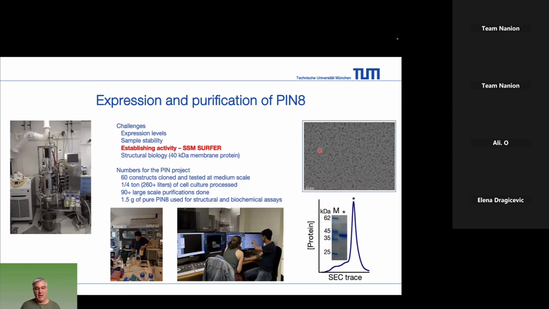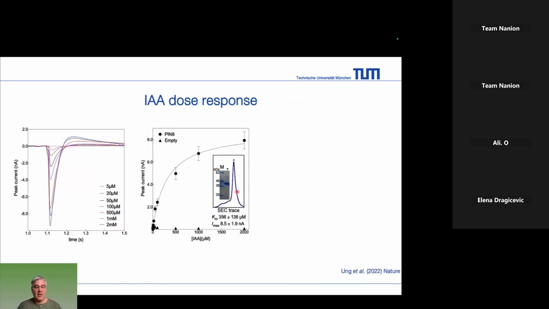The part of my group was to establish the activity, and this is also why I am speaking here now, because we did that mainly using solid-supported membrane-based electrophysiology using the Nanion SURFER, and this has proven to be super useful for us. So the first thing that we did was we checked the IAA dose response,